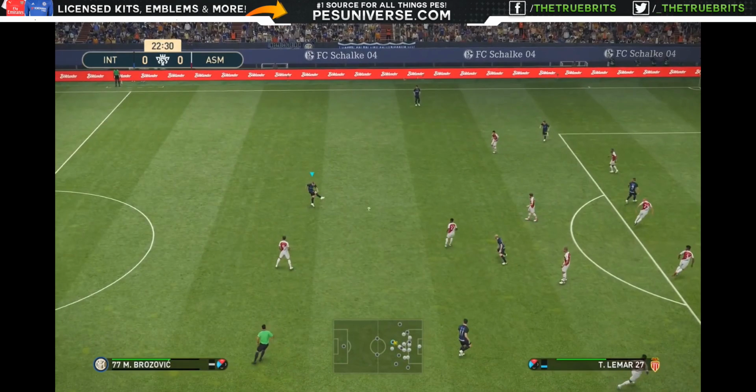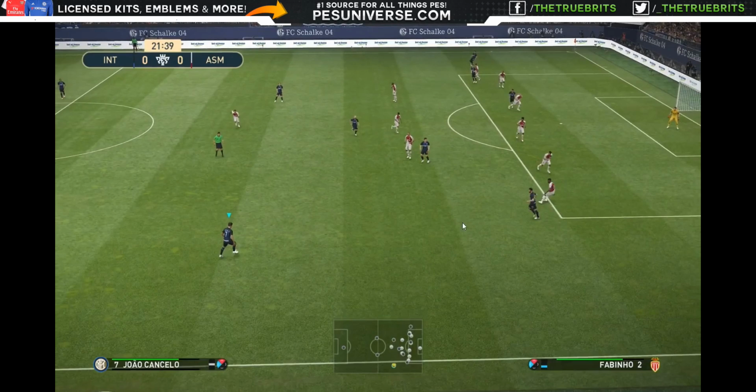Well, let's have a look at... Let's pause it right here. Just to have a look at the shape. Because it's a pretty good line, you have to say. Monaco have got a flat midfield, 4 right here. You've got the defenders in a perfectly good line. In fact, if we go back just a touch and pause it right here...